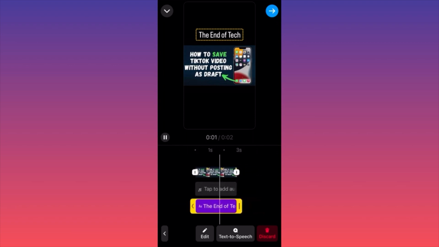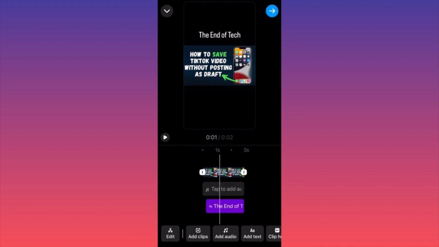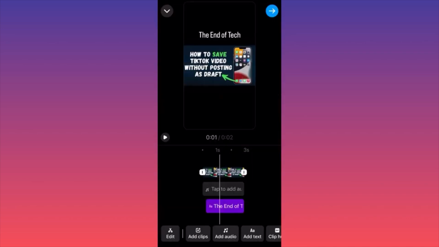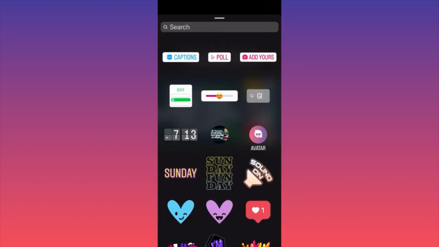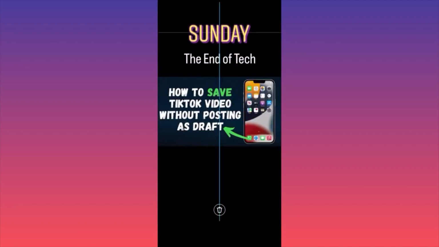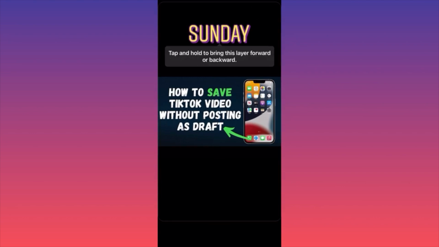If you don't like it, you might change the position, you might change the place. Remember, you can simply drag and drop this one. You can hold the text and move it, or add a particular sound to it. This is very, very important. The next thing is if you want to add a sticker, right? In our case, we do have an image, so the sticker that might fit is probably the day. Today is Sunday, so we might put it right on top to make it more attractive and more interesting